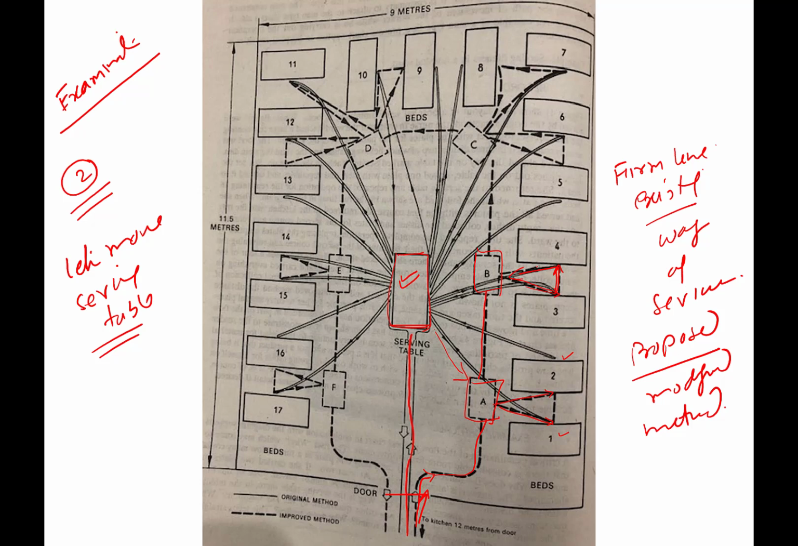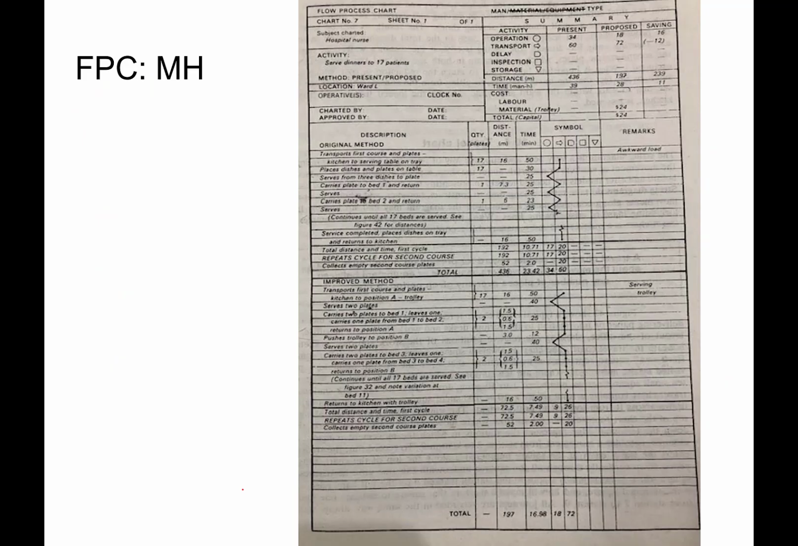Okay, so this dotted line shows the improved method, and the firm lines show the existing method of doing things. When the two were compared, the improved or updated method resulted in a significant improvement. After implementing this change, the distance traveled was reduced to 197 meters from 436, and